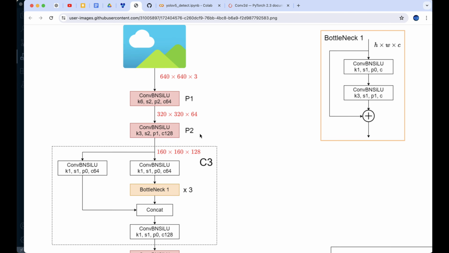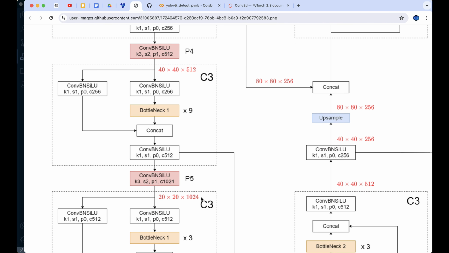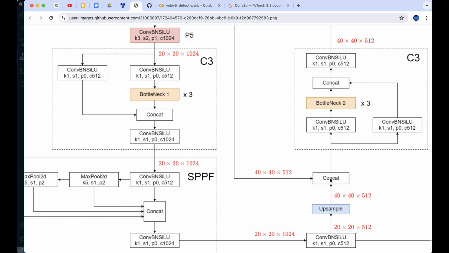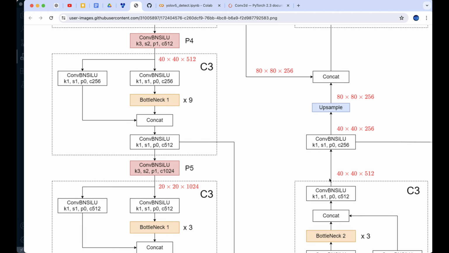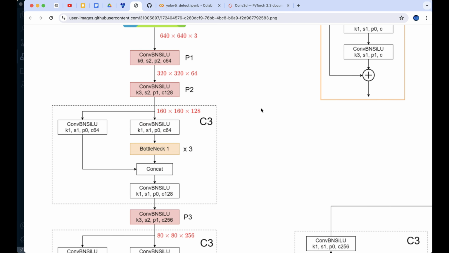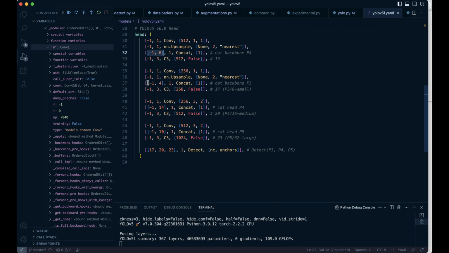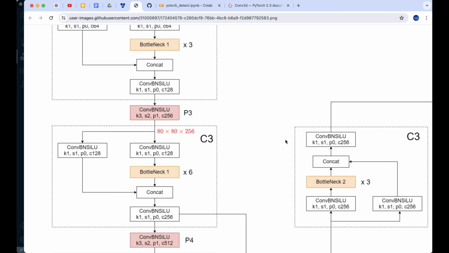So 0, 1, 2, 3, 4, 5, and 6. And actually, we're looking at this concatenation, not the one above. And then similarly, the next concatenation takes input from the previous stage as well as from stage 4: 0, 1, 2, 3, and 4, which corresponds to this one. Previous stage and then stage 4. And then similarly, this other concatenation right here,